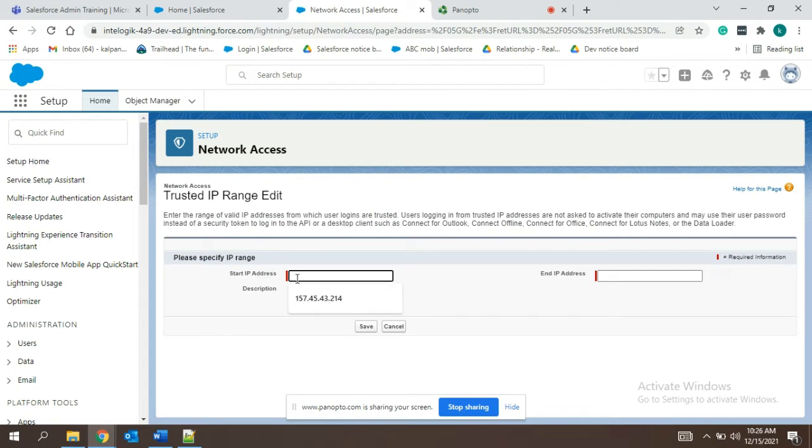You can provide a series of IP addresses, or if you have only one IP address that you want to allow, you can enter it in both start and end. If you want to allow IP addresses within a range, like from 14 to 17, you can do this also, and you can put any description and save it.